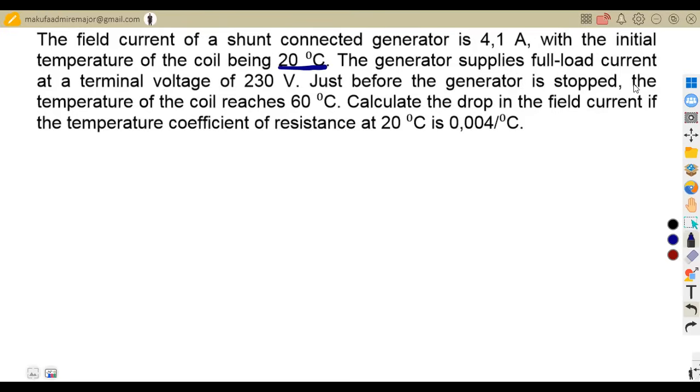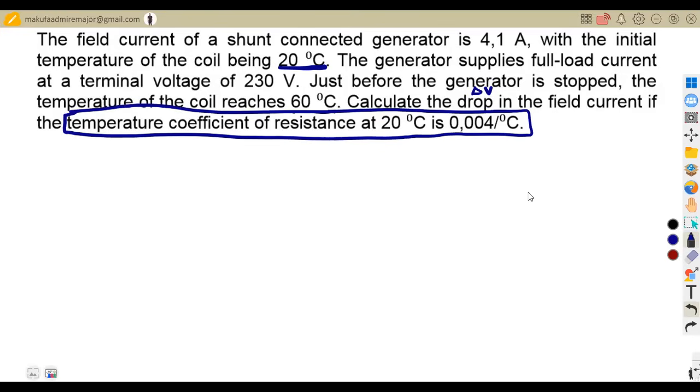Just before the generator is stopped, the temperature of the coil reaches 60 degrees Celsius, which is our final temperature. Calculate the voltage drop. Take note, we are supposed to calculate the voltage drop, which is the change in voltage, if the temperature coefficient of resistance at 20 degrees Celsius is, take note what we are given here, the temperature coefficient at 20,